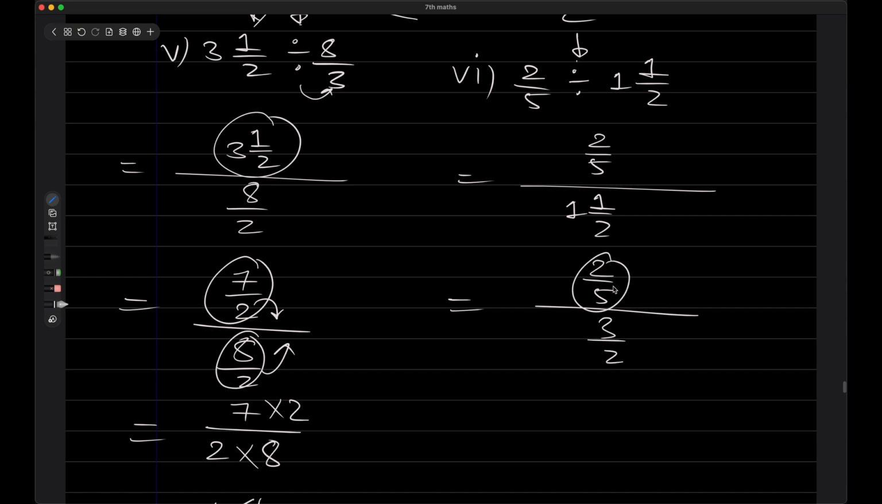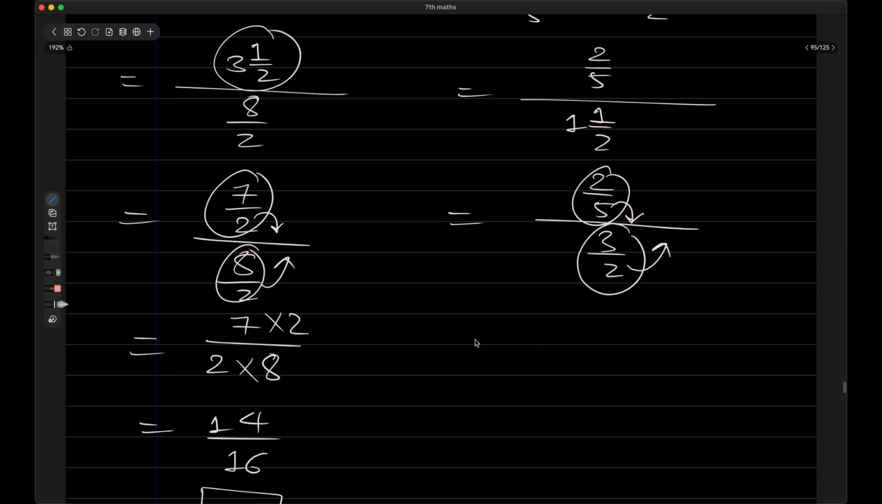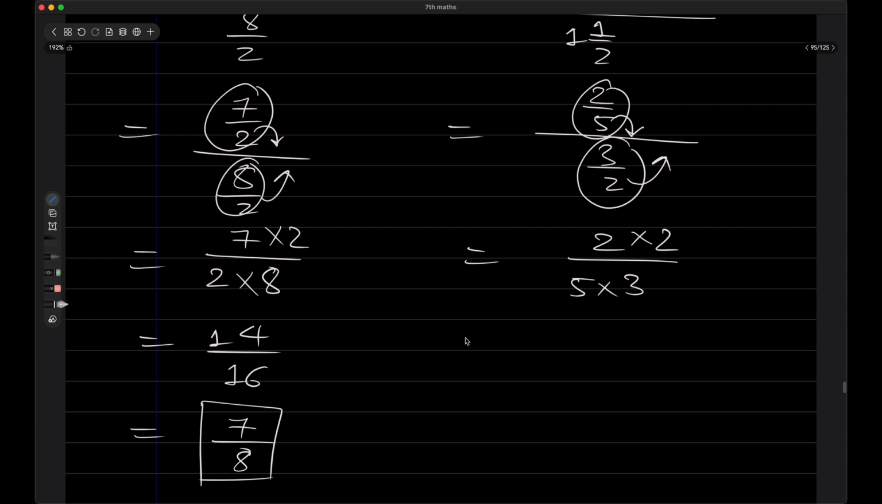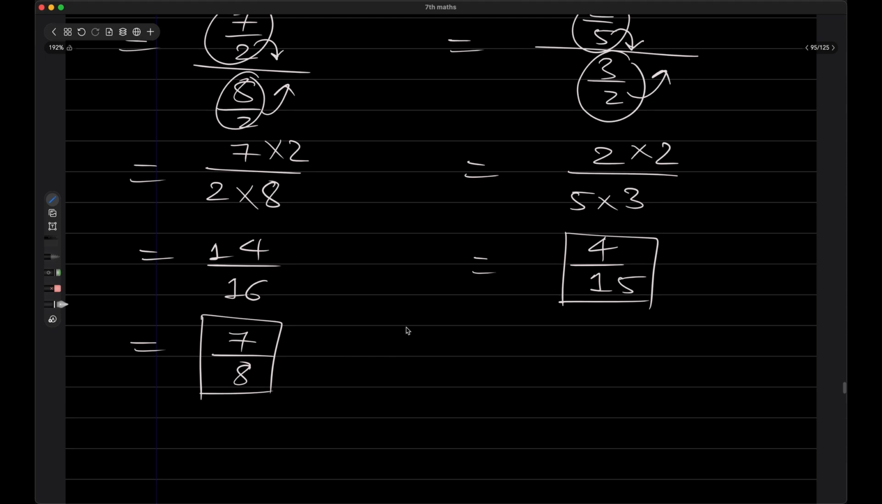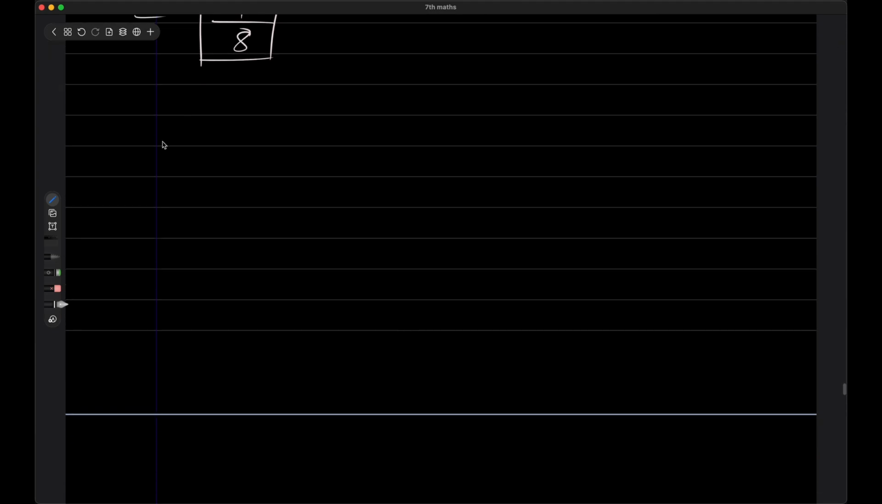Now send the denominator to the opposite side, that is equals to 2 as it is, send 5 to opposite side, and 3 as it is, send 2 to the opposite side, that is equals to 2 2s are 4, 5 3s are 15, 4 by 15 is the answer. Now seventh,